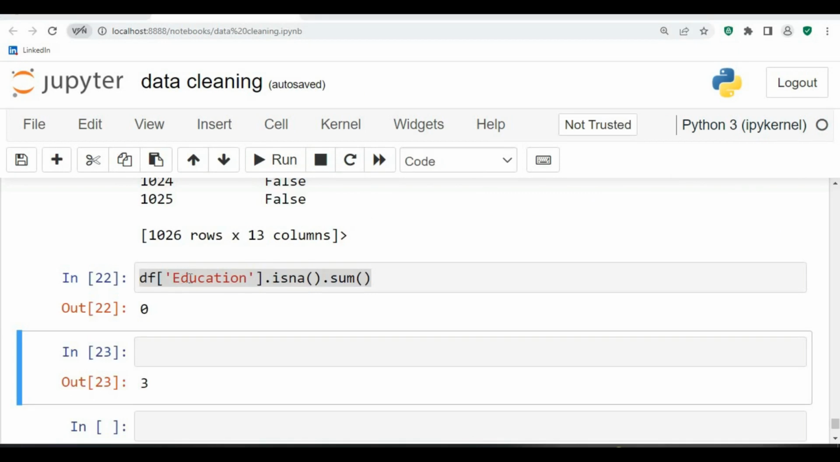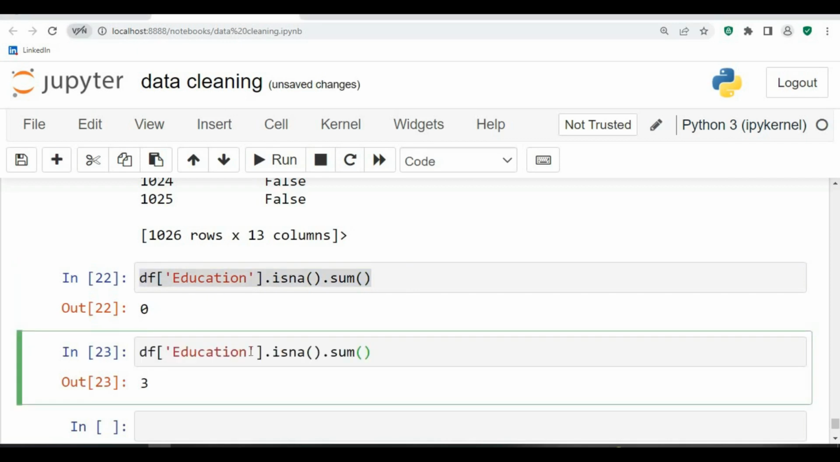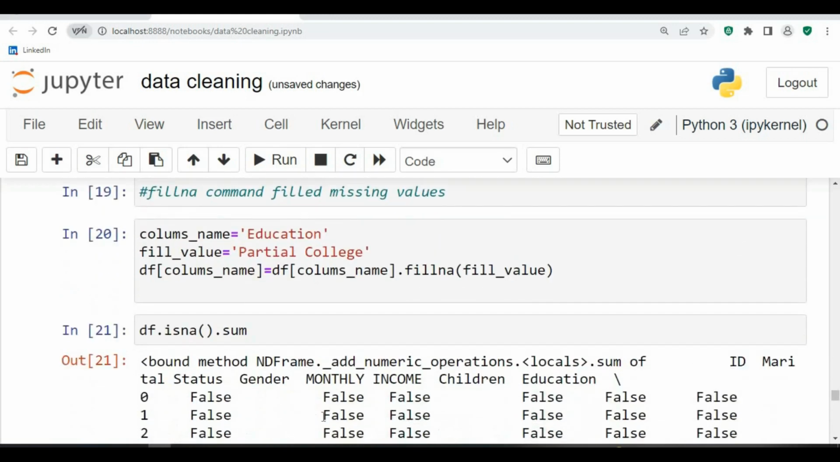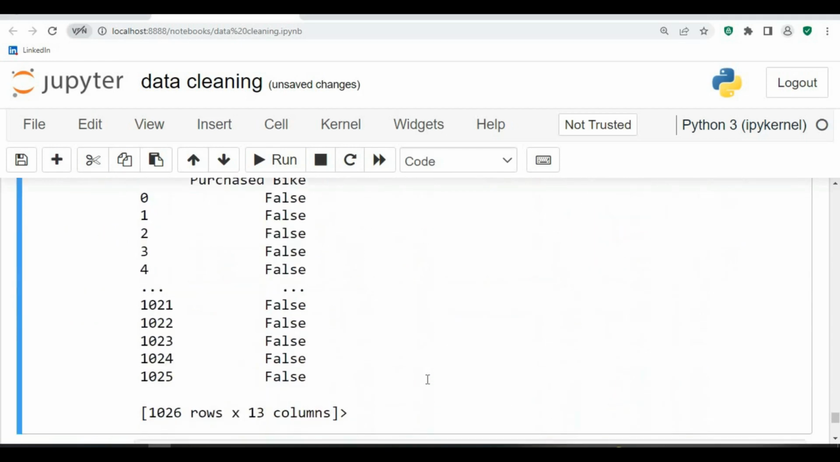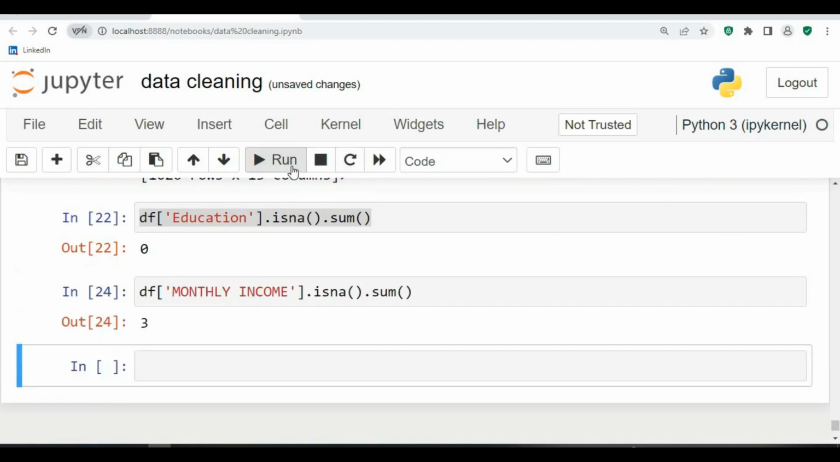To put values in your monthly income, I will just go over this, copy this and paste it here, and instead of education I will put your monthly income. I will just copy it from here with Control C, put it here as monthly income, and run this. So after this it will show 3 as an output. So we have 3 monthly income values where we have to put some values,